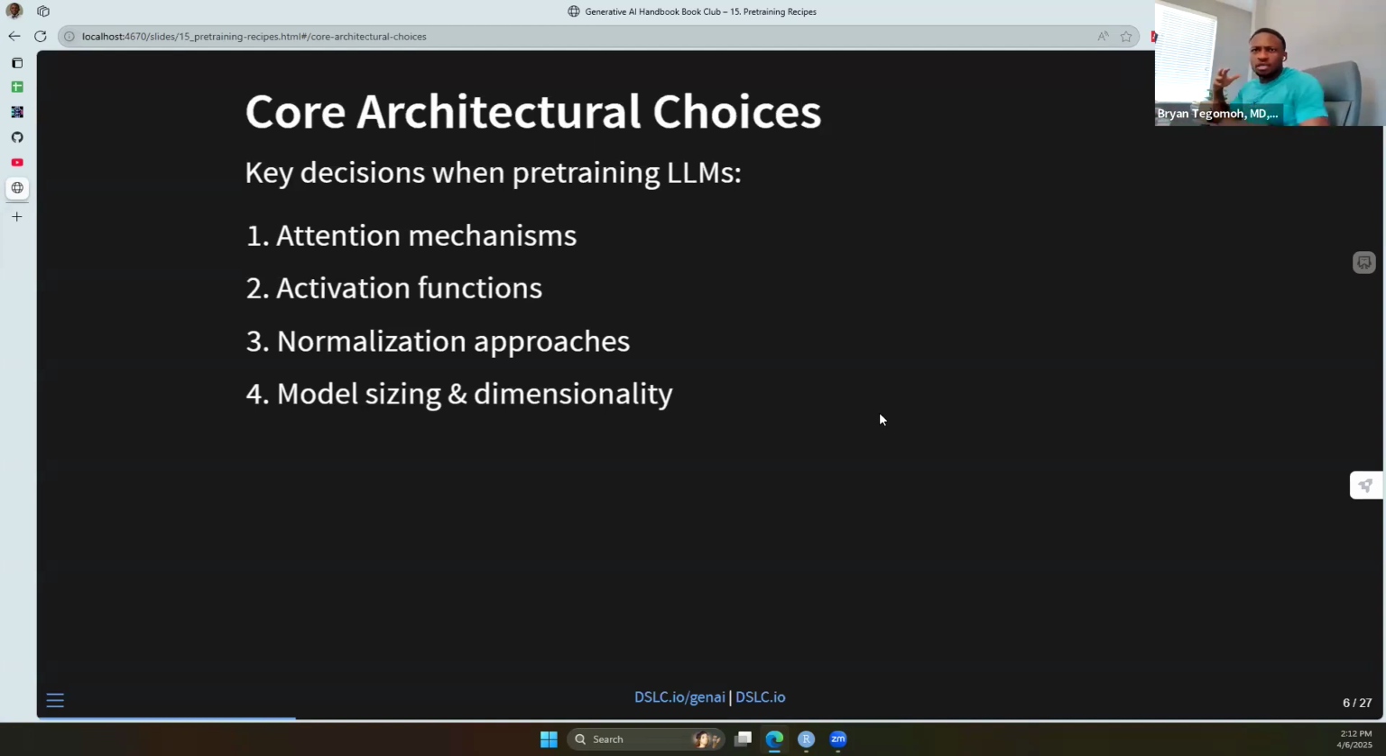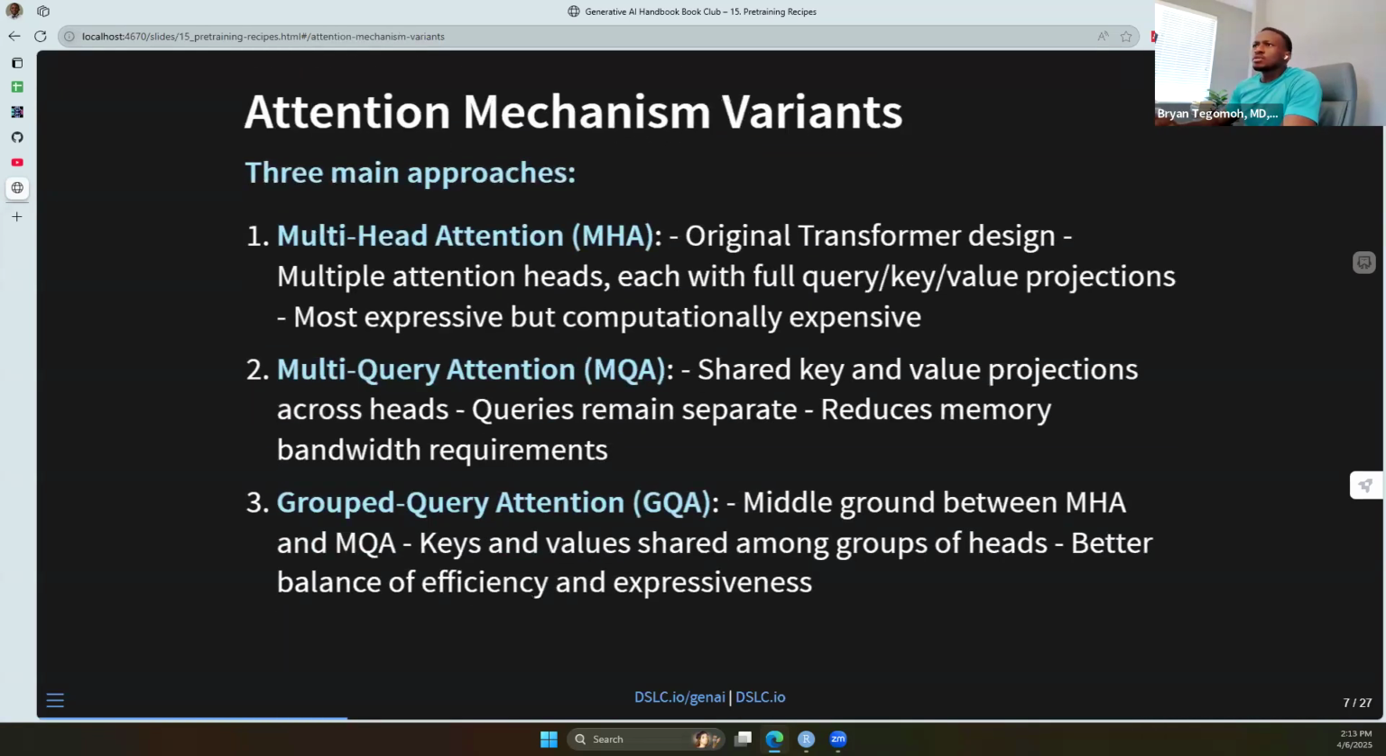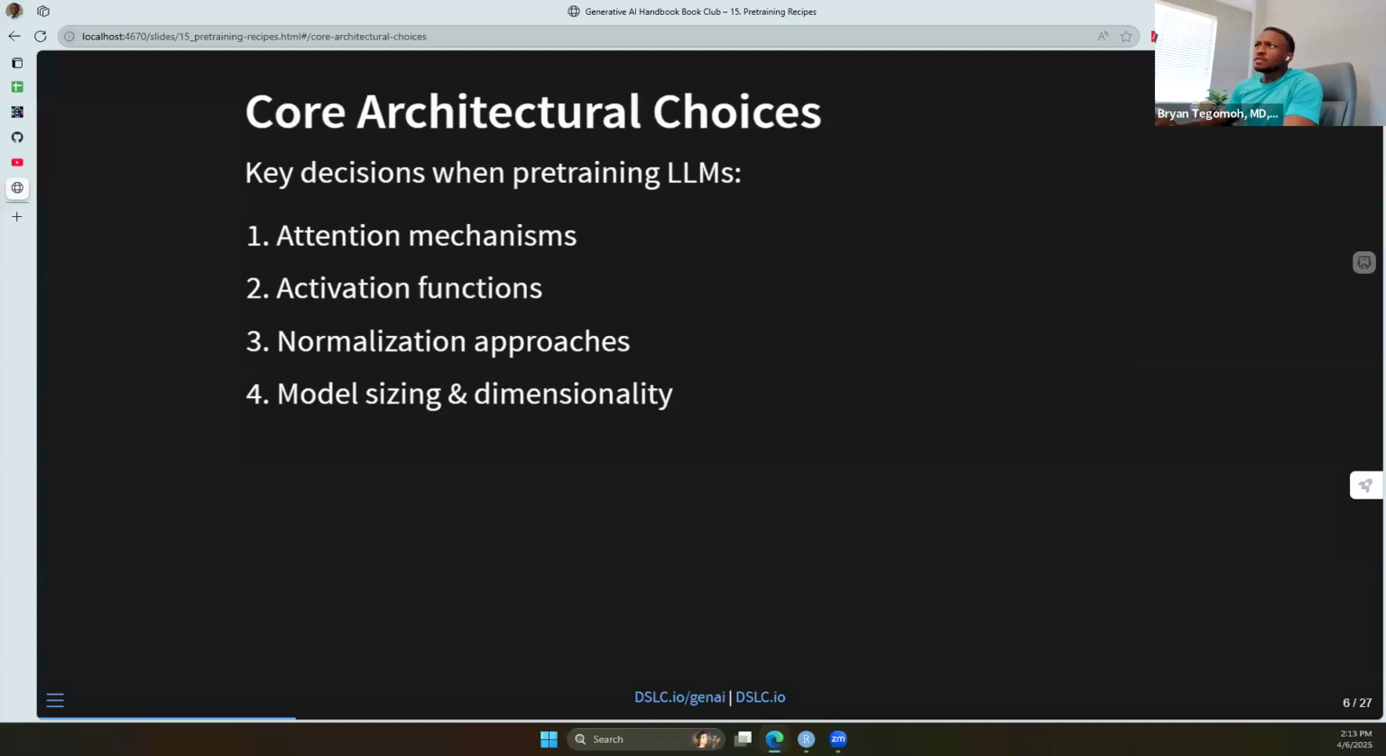And I remember last week I shared the paper "Attention Is All You Need." I encourage you all to read that. It's a really great paper that sort of set us on fire for all the innovations that we're currently seeing in the decoder-only transformer models that have so far been released. So again, I'm going to briefly touch on each of these choices: attention, activation functions, normalization approaches,